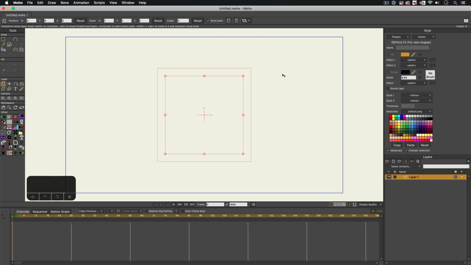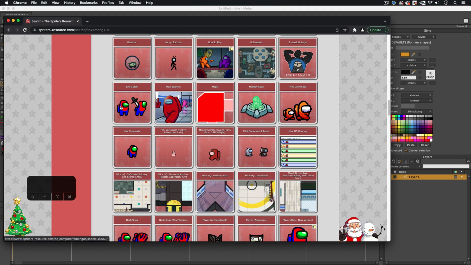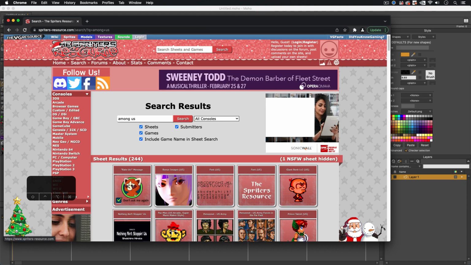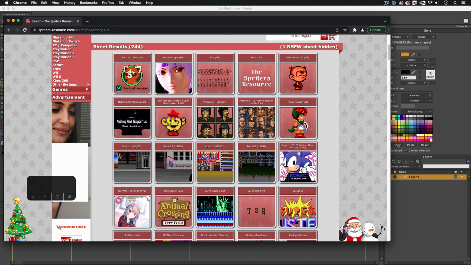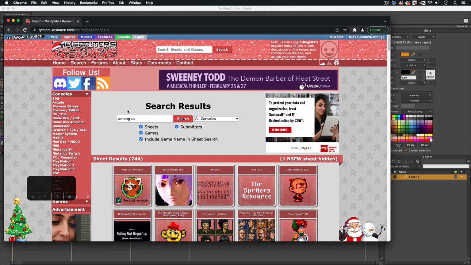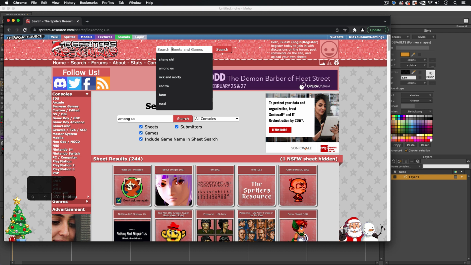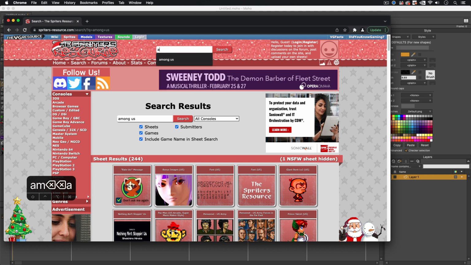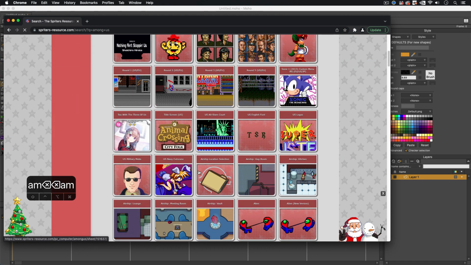So the first thing is I'm going to grab some reference pictures. I went to this site called the Spriters Resource, and they basically have a lot of sprite sheets or game art from old school video games. And newer ones too, but these are just artwork assets. So I went ahead and typed in Among Us, and it brought me to this page. And I just downloaded,